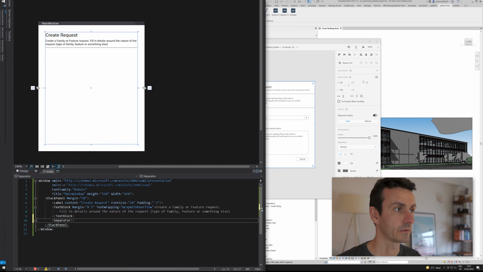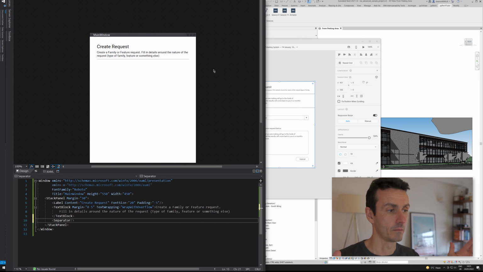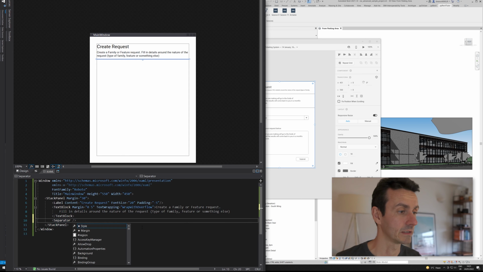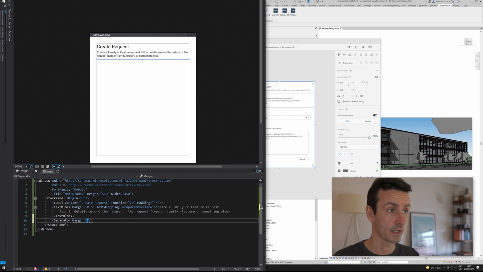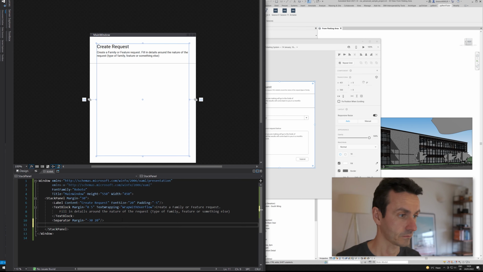And if I create one separator, I will see that this separator now spans within the margin that I've given in the stack panel, which, similar to what we did here with the padding, we can do with the negative margin. So we know that we want the separator to go back to the full boundary of the window effectively. So we need to give it a -30 in the left and right location. And actually, while we're at it, we might as well give it a positive margin to give a little bit of spacing. So with that done, we can